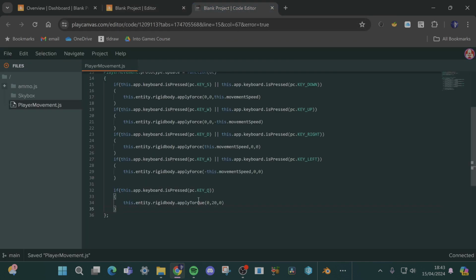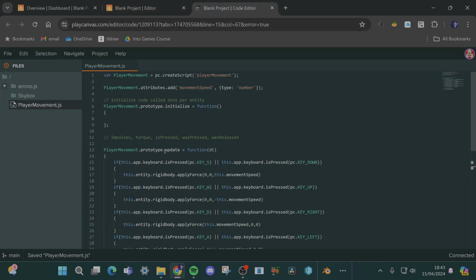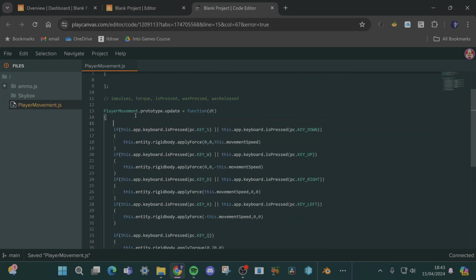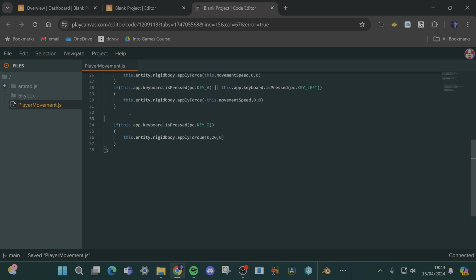And what was the last thing that we wanted to look at? Oh yeah, is pressed. So I'm going to add some comments. So this is movement. This is rotation. And then underneath this we can do something like jump. So if